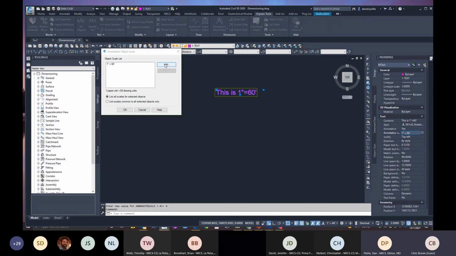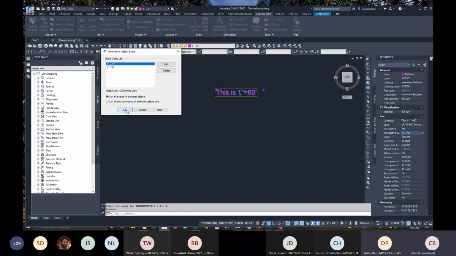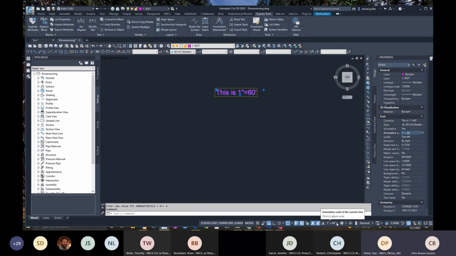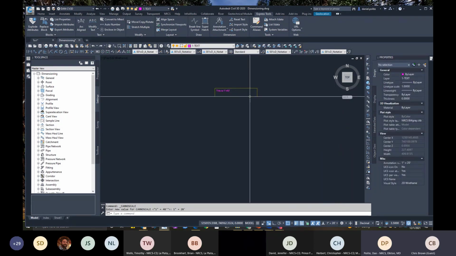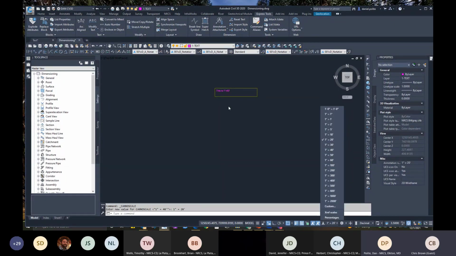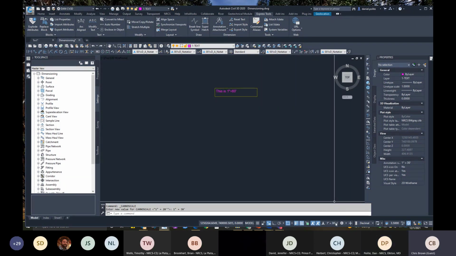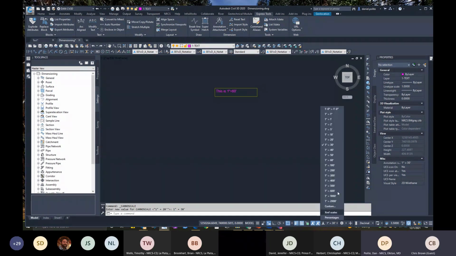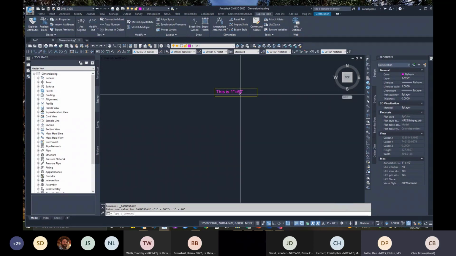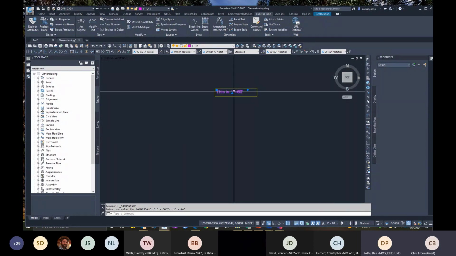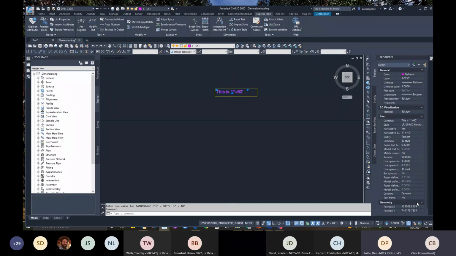So I can either add a scale in here and say, okay, well, I want to add 1 to 20. Click OK. So now if I go to 1 to 20, is it going to show up in 1 to 20? Yes, because I added that scale in there. If I go to 1 to 30, is it going to show up? Am I going to see any text here? Yes, because I have this selected. 1 to 40. So now if I go in to my annotation scales,